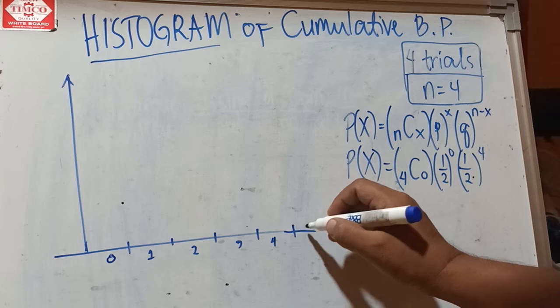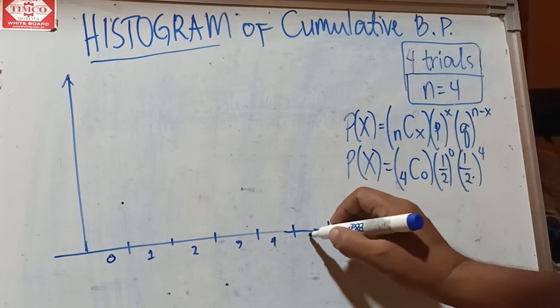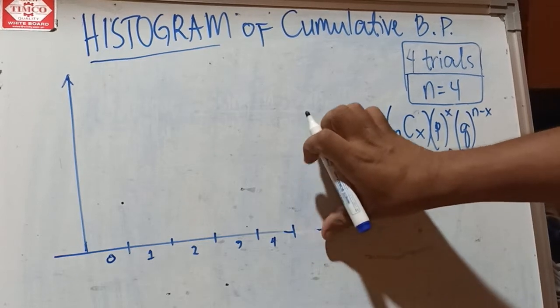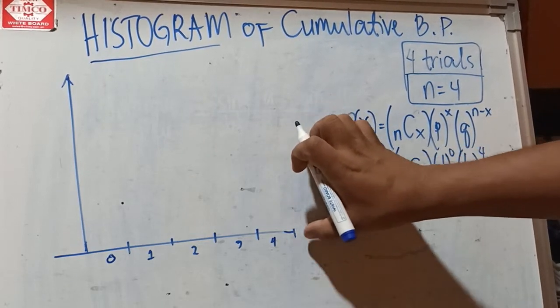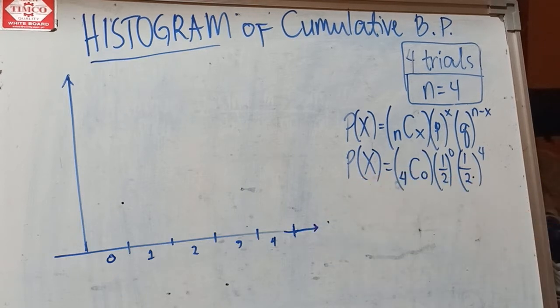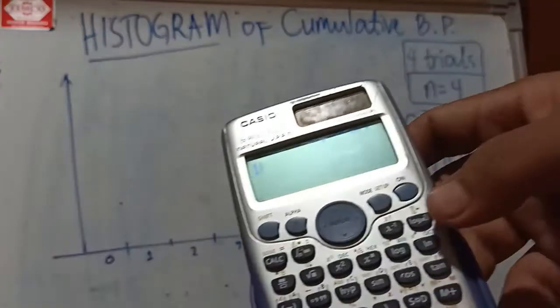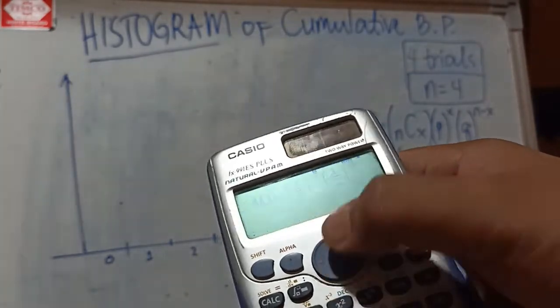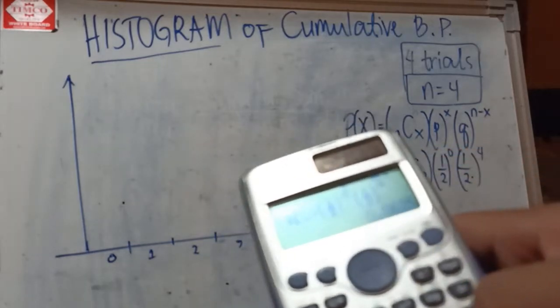And finally this would be 5. Sorry, 4 trials only, so we're going to stop there. So for 0, 1/16 is